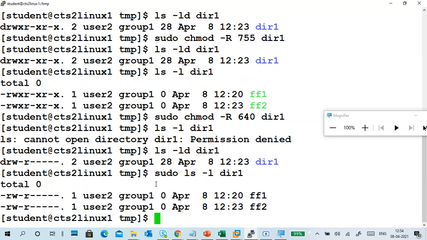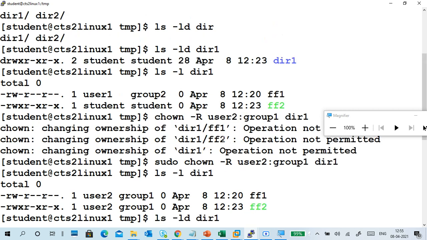See, the permissions are changed, but a directory must have execute permissions. The directory must have execute permissions. So forget about this one.